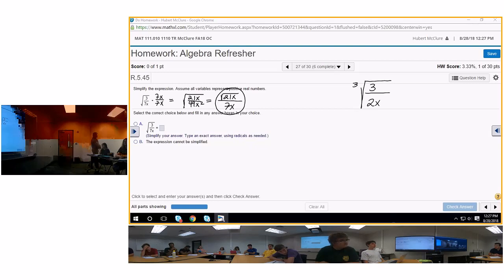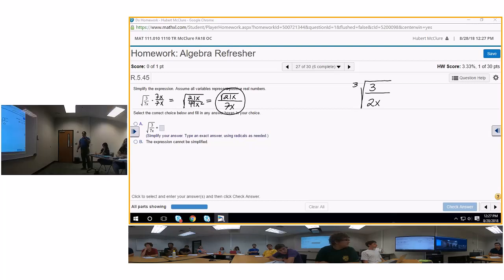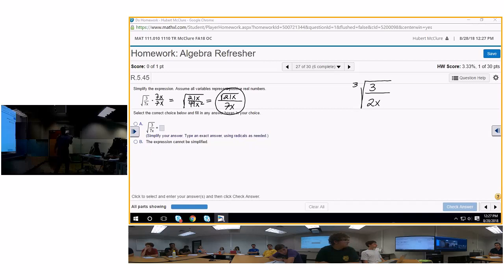Would you multiply the 2x, the denominator, to the 3? Okay, you're getting there, but that's not entirely correct, but you're thinking right. You would multiply by 2x squared. Keep going. The x squared is correct, but you would both multiply by